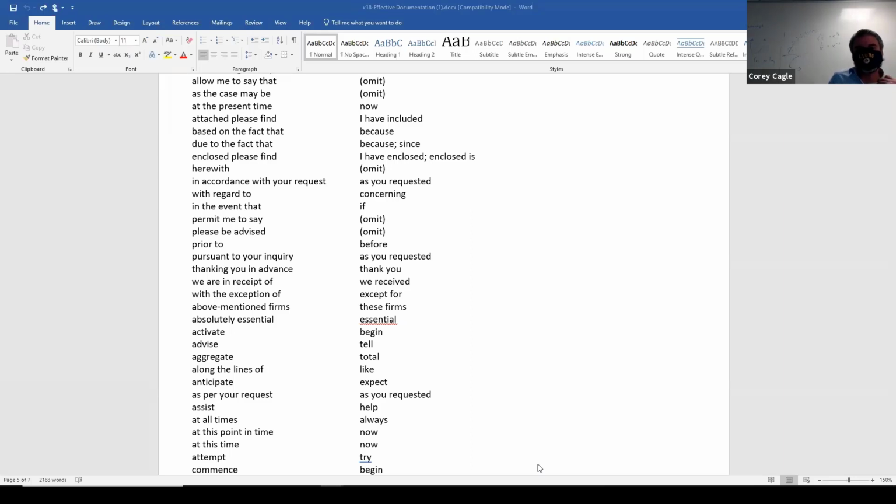Especially mixed with something like "herewith" or "wherewith." I wouldn't have thunk it, but pursuant to the... Like, this person doesn't know where to go with this email. All right, where are we at? "Absolutely essential." That is redundant. Right. It's either essential or it's not. It can be absolutely essential.